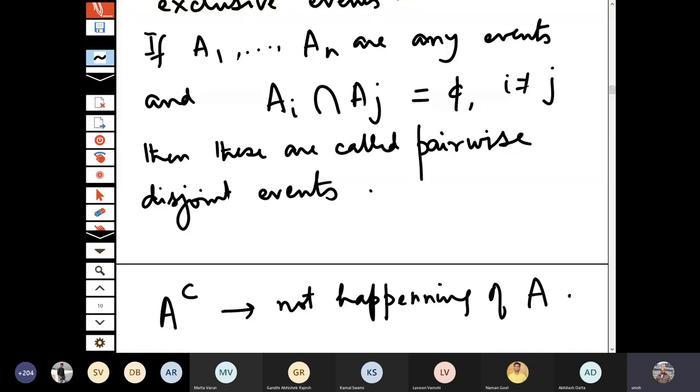Would any of you like to ask any question at this point? I have told certain very basic terminology related to the description of events, the experiment, the sample space, and also the notations of union, intersection, etc., referring to the concept of happening of events. So do you have any questions on this? Then I can proceed further.